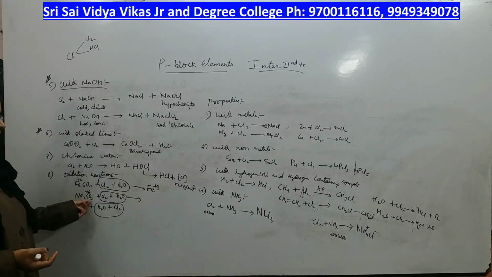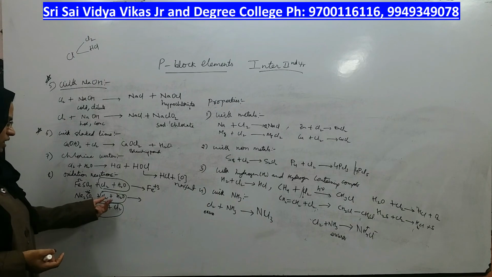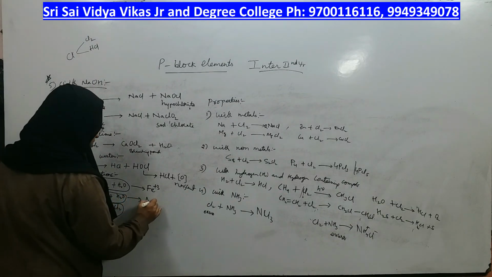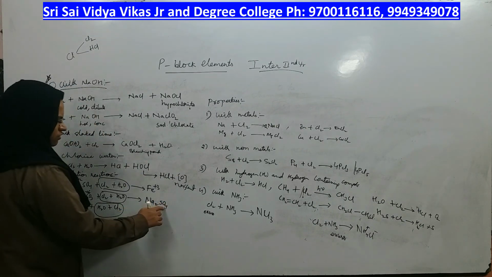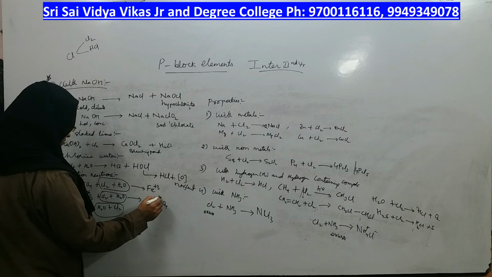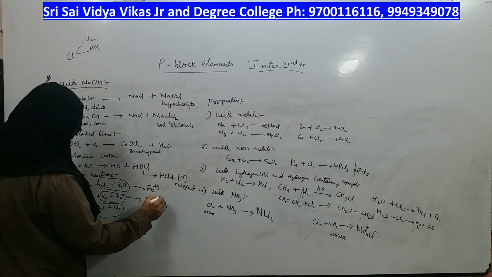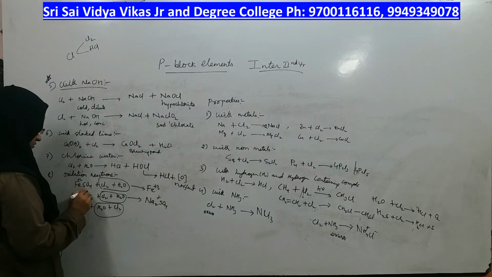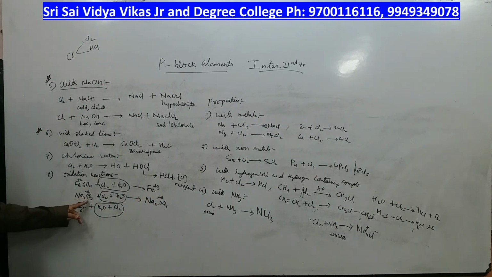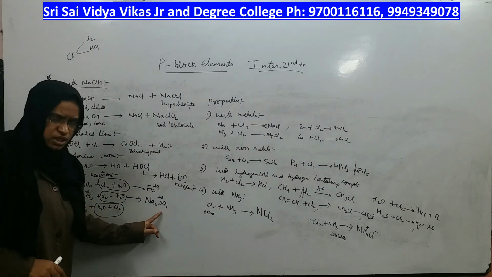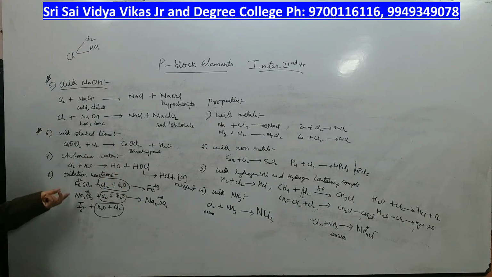Next is sodium sulfite. When you take sodium sulfite along with chlorine water, you get sodium sulfate, Na2SO4. What is the oxidation state of sulfur here? Here it is plus 4 and here it is plus 6. The oxidation state of sulfite is plus 4, sulfate is plus 6. Here 4 electrons are less, here 6 electrons are less. That means 2 more electrons are lost. Is it an oxidation or not? Yes. Who is doing that oxidation? This combination of chlorine water.